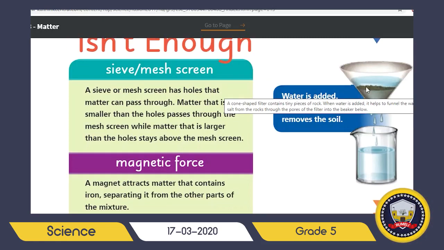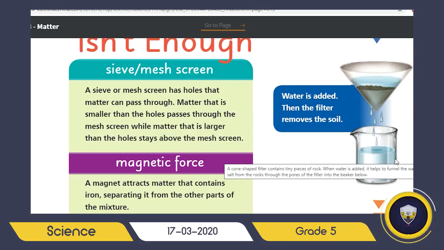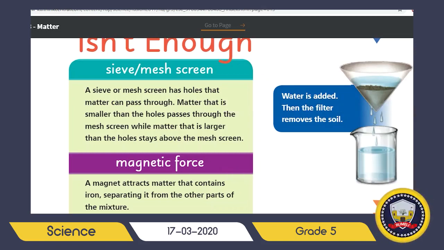If you are trying to separate smaller particles, like for example coffee, you can use filter paper, and this filter paper will filter the water and remove the soil, or in this example remove the soil